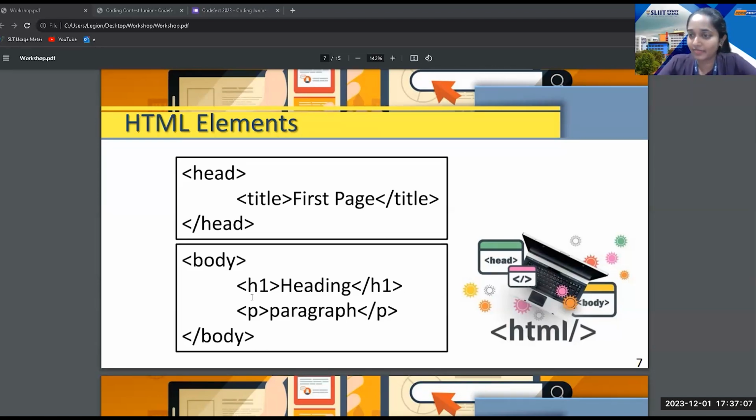Which one is the largest heading? H1. And which one is the smallest? H6. Yes. So what will happen from H1 to H6? The text size will decrease, right? H1 is the largest and H6 is the smallest. From H1 to H6, the size of the text will be decreased. Okay. Then after that,